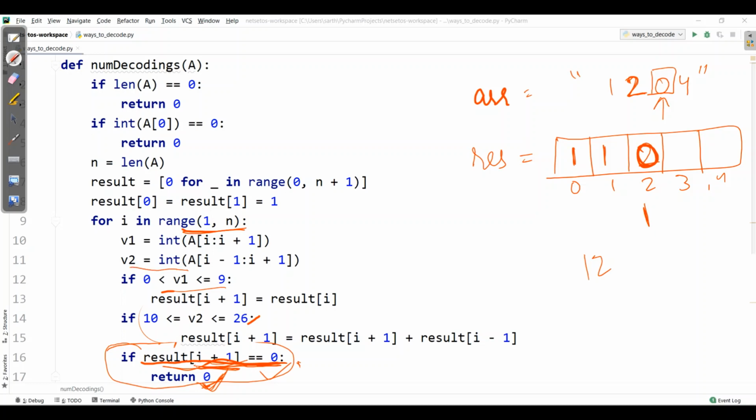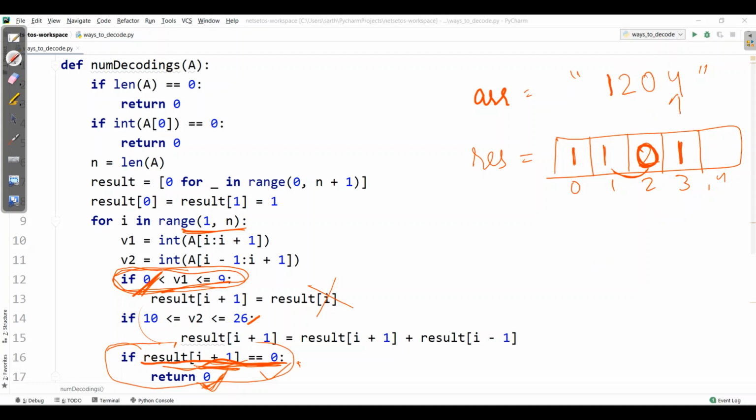For a single element, it checks whether it lies between 1 and 9, not 0. So it won't be copying here. It won't go inside the if condition. Then for the two elements, the double element is 20. 20 is T. So it will take the last 2 elements, 1 plus 0, as 1 over here.